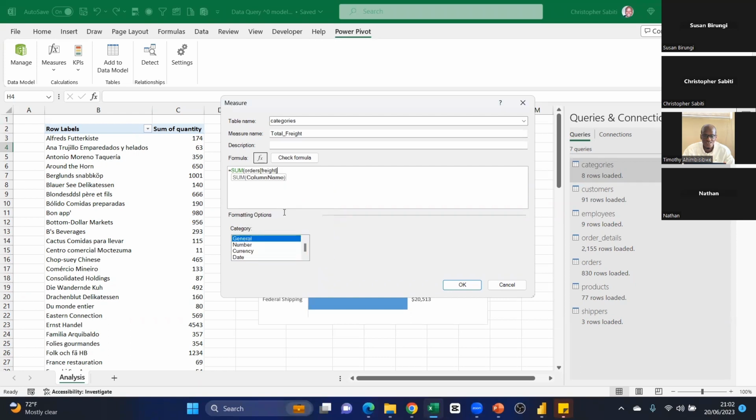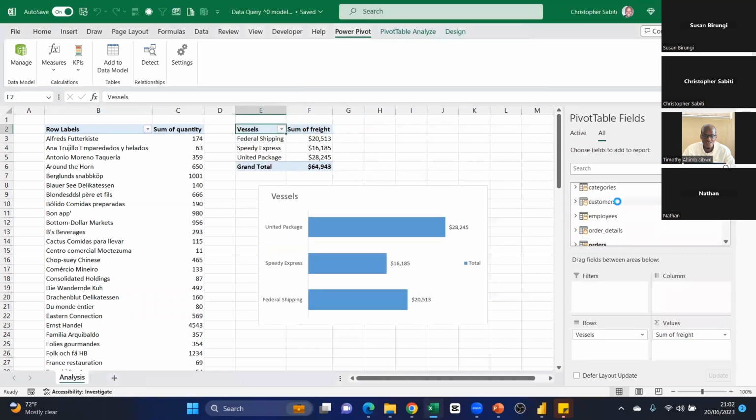So when I sum that and do OK, it will create now a calculated. When you come to shippers, sorry, let's put total here. When you put total, you'll see that in categories, actually we put it in categories because it is the one that was open. You'll see for it, when you create a measure, it will always be